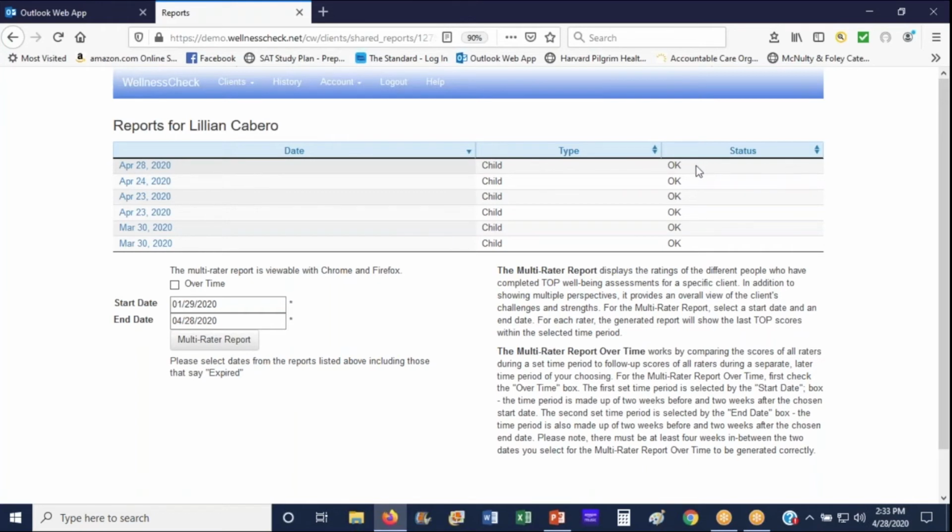And sometimes you may see pending under status. If you happen to see pending because you log in, your fingers are quick moving and you logged into WellnessCheck quickly and hadn't given it time to upload that report, just simply select the refresh button here up on your browser. And usually when you hit that refresh button, status will change to OK